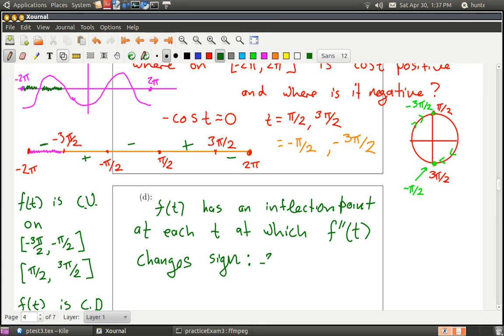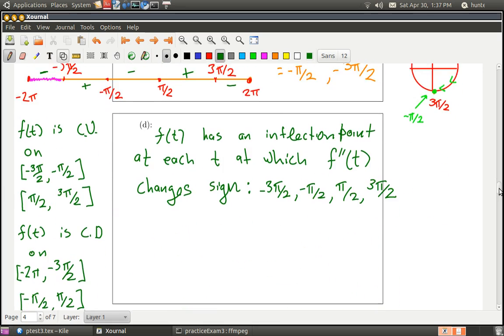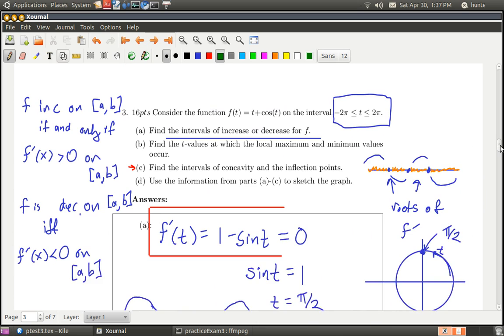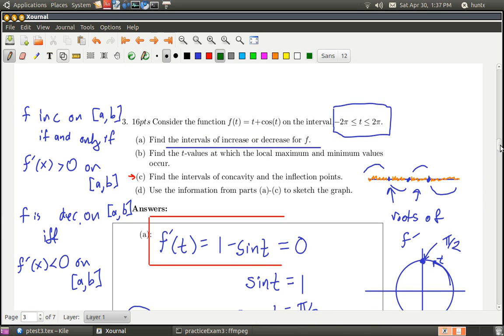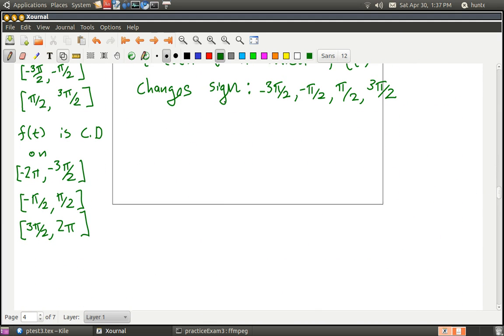They are minus 3 pi over 2. They're basically all the roots of the second derivative. Minus pi over 2, pi over 2, and 3 pi over 2. Okay, so these are our inflection points. And I had to write that in the answer spot for D. I'm sorry. Let's go up and see what D is. And it says, use the information from these other parts to sketch the graph. That's such a horrible request to make on a person